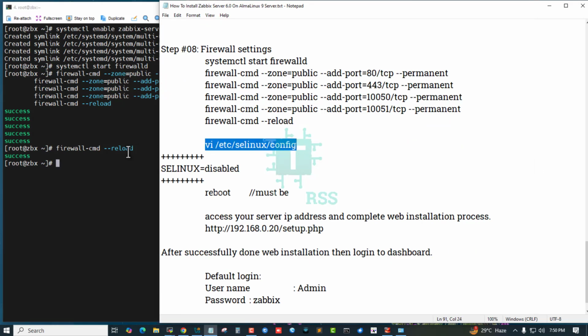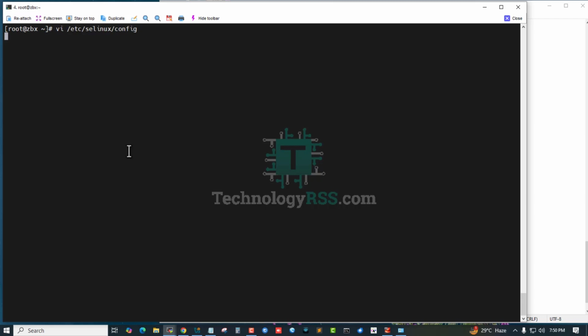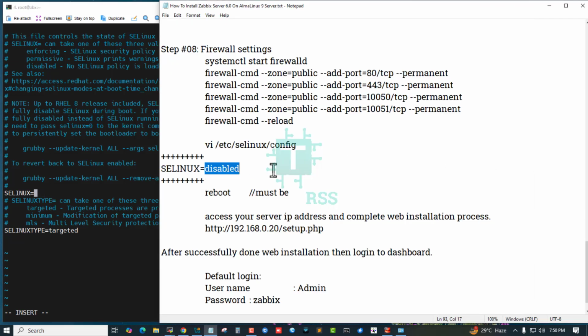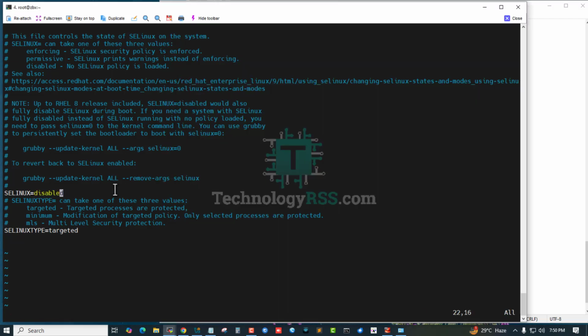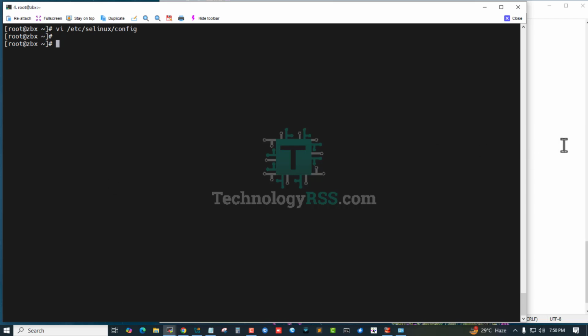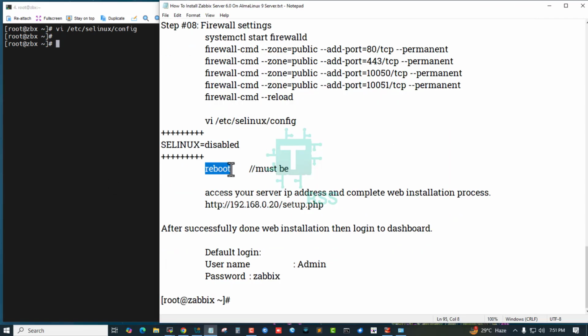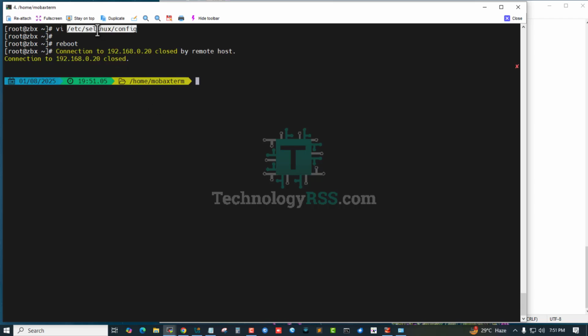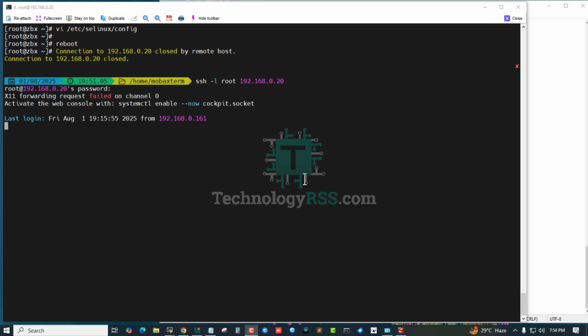And the next step, SELinux. Like the firewall, SELinux should be disabled. Then save and exit, and then you must reboot your server, otherwise the SELinux policy does not work properly. After reboot,